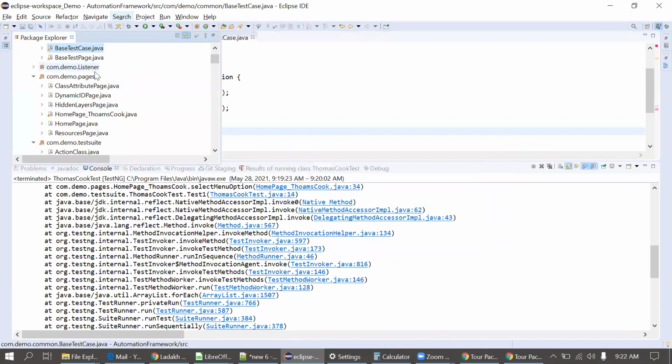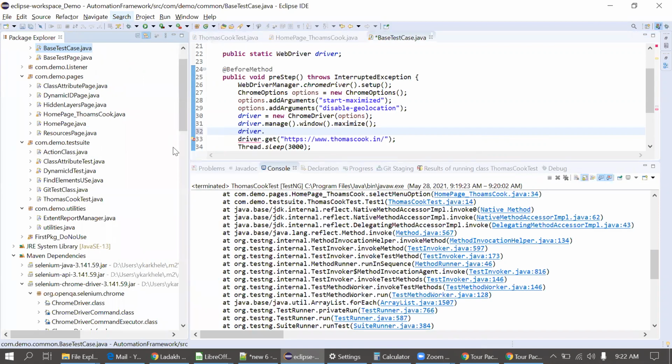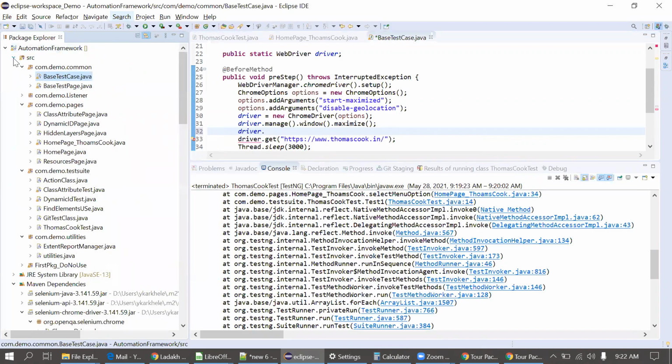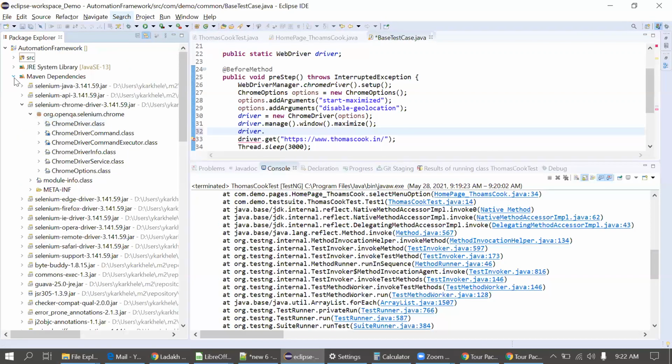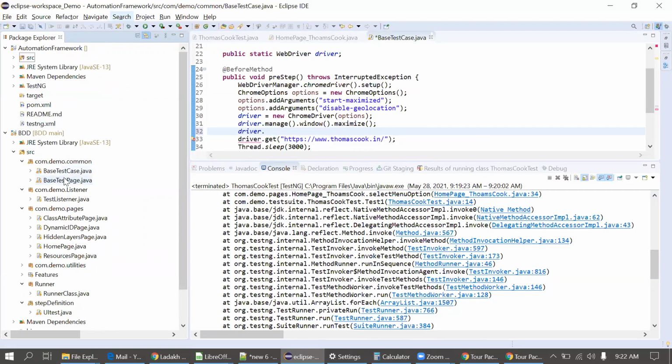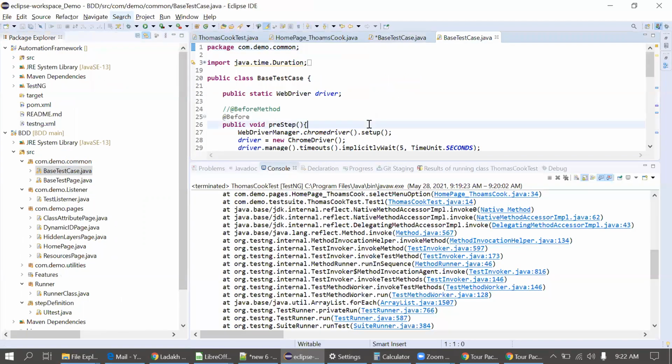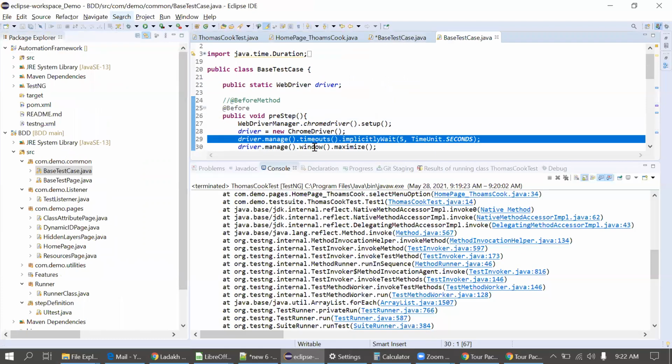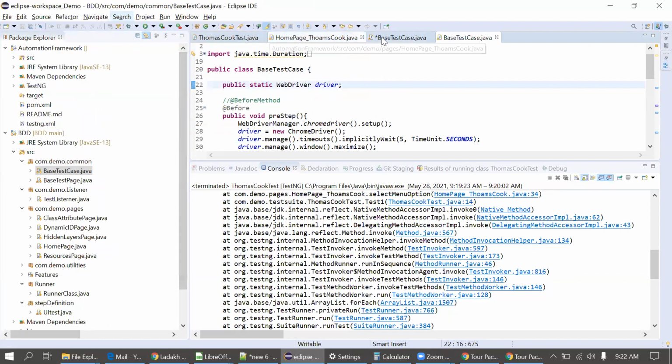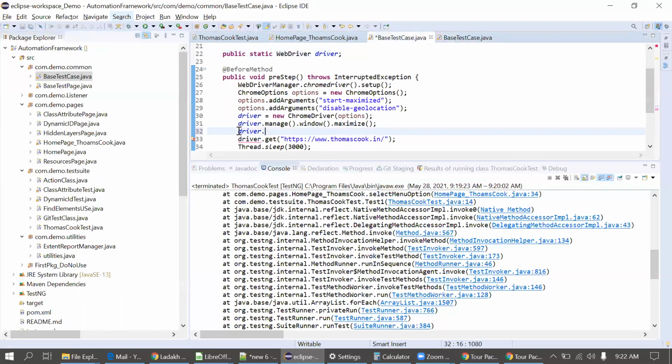Let me type for some other class. I copy all the things to the BDD as well. I'm just looking for that method. Yeah, it's a timeout actually. I deleted this line accidentally yesterday night. Just put it here, make it 10 seconds, and I will execute the code.